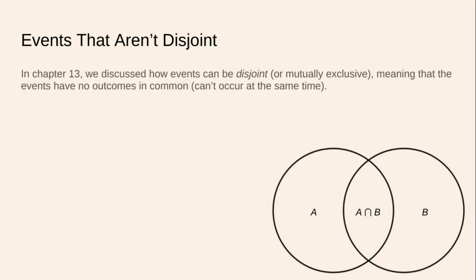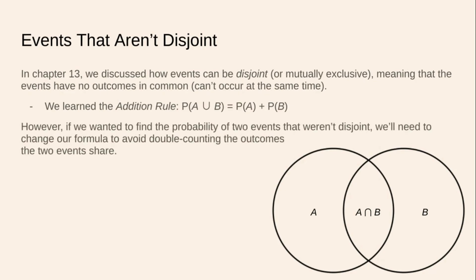So in Chapter 13, we discussed how events can be disjoint. Another word is mutually exclusive, meaning that events have no outcomes in common. That is, they cannot occur at the same time. We learned the addition rule. Probability of A union B, or we would normally just say A or B, is probability of A plus the probability of B. However, if we wanted to find the probability of two events that were not disjoint, we'll need